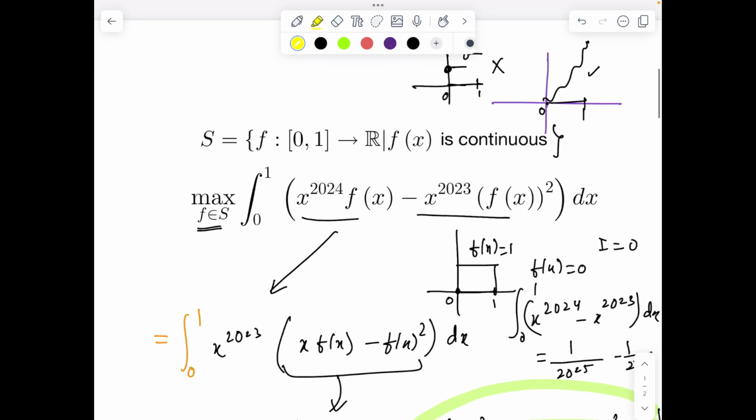So now you can determine the values of these expressions. So I hope